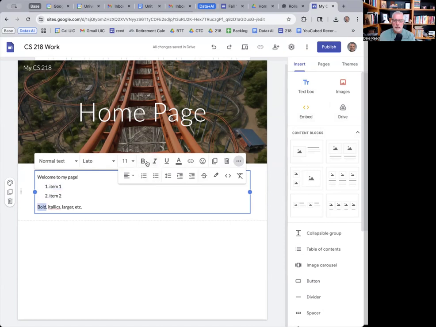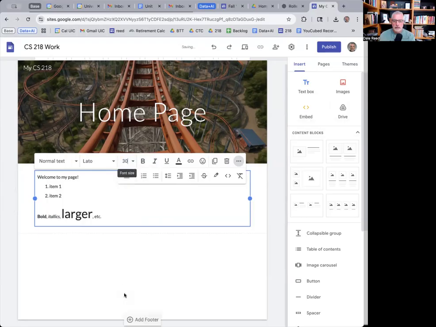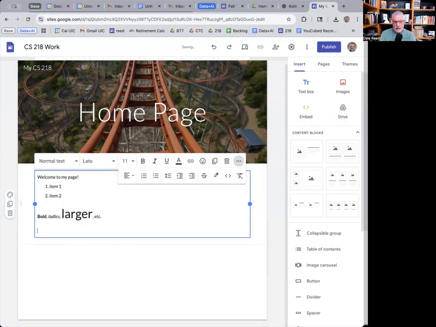And let's say I want to make some text bold. I highlight it, choose bold. Similarly, if I wanted to do italics, I could do that. Or if I have some particular text I want to be larger, I could change the font size to be much larger. And it's also handy to create some titles and maybe subtitles,